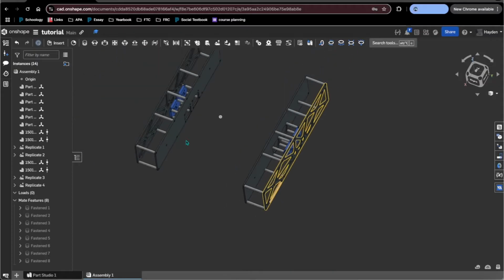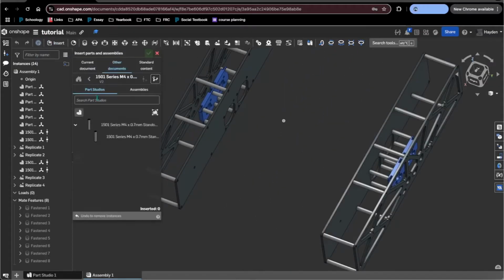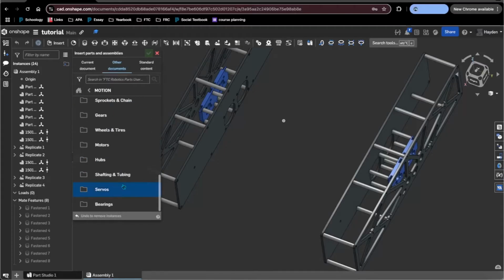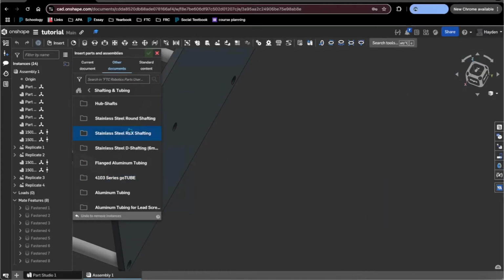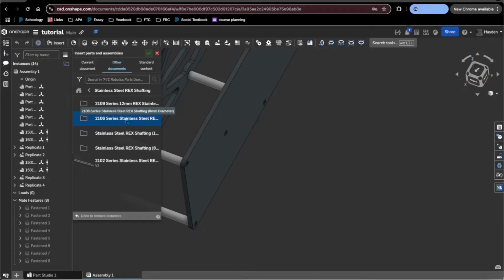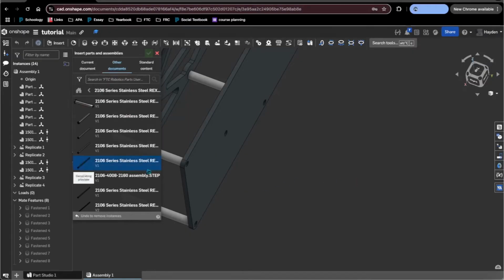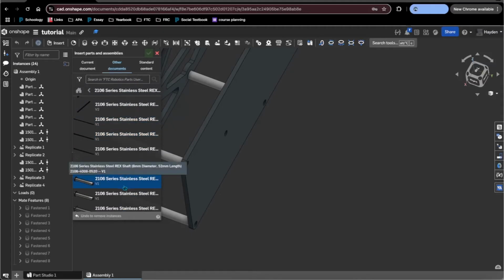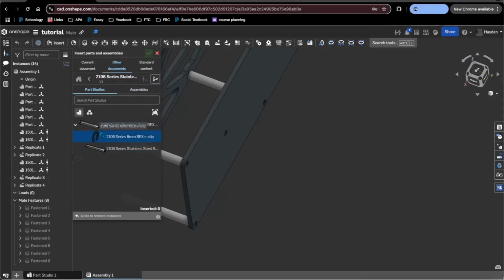Okay, now that we've done that, we're going to insert a goBILDA rec shaft. And it's not in structure, it's actually in motion. You go to motion, shafting and tubing, stainless steel rec shafting, 2106 series stainless steel rec shafting, 8mm diameter, and then find the 52mm length, which would be this one right here. Do not insert the version with the E-clip, go to the bottom one here,